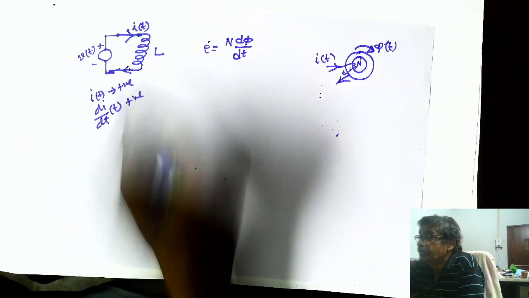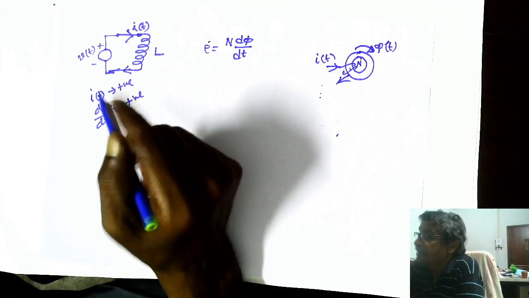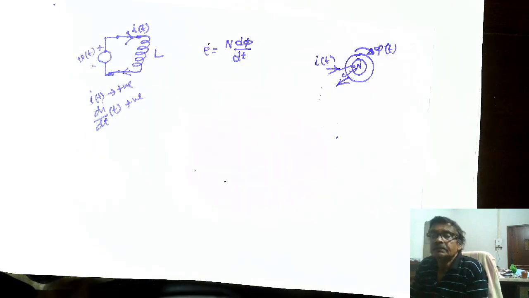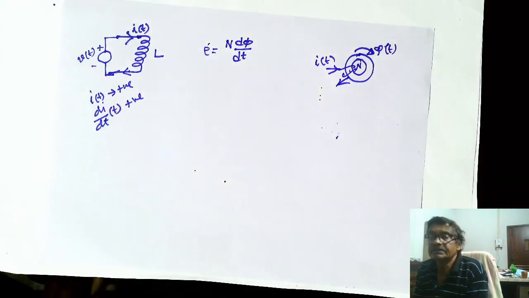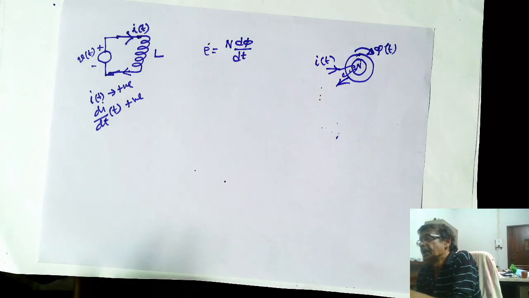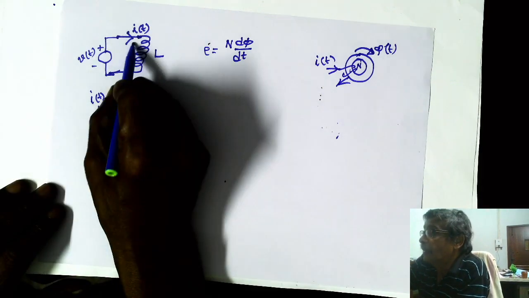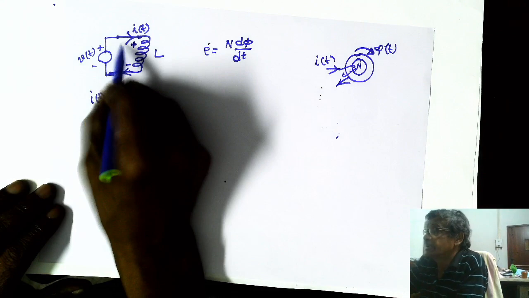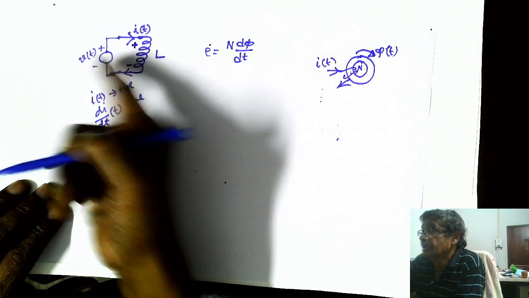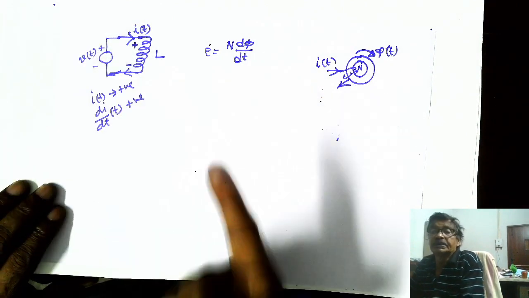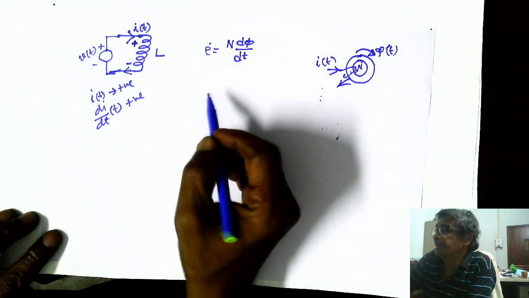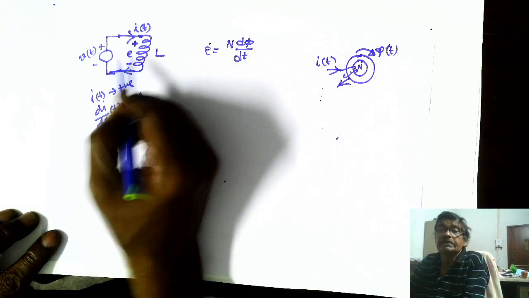The polarity of the induced voltage will be such that it will try to, so di/dt positive means what? Flux is going to rise, isn't it? Because Ni after all decides the flux, other things constant. Therefore, the polarity of the induced voltage has to be such that it will try to oppose the rise of current through the inductor, and it can only do so if its induced voltage polarity is opposite to that of the supply polarity. That's all. Okay, so this N d phi by dt is the induced voltage and its polarity is known to me.